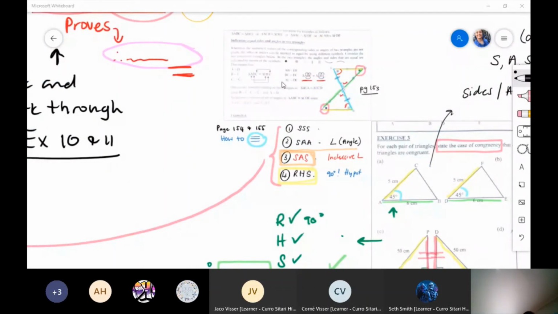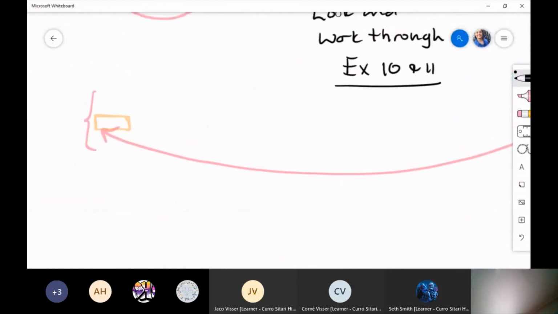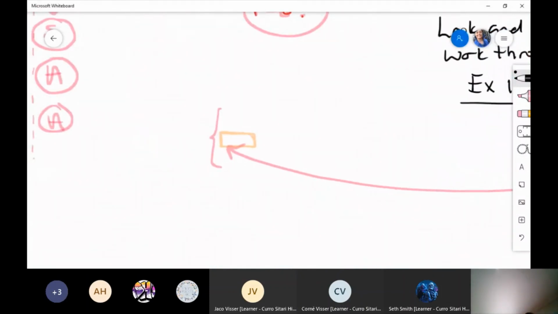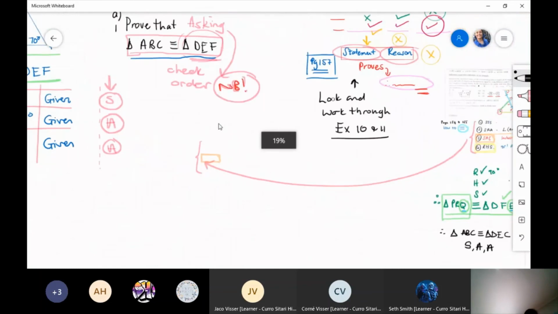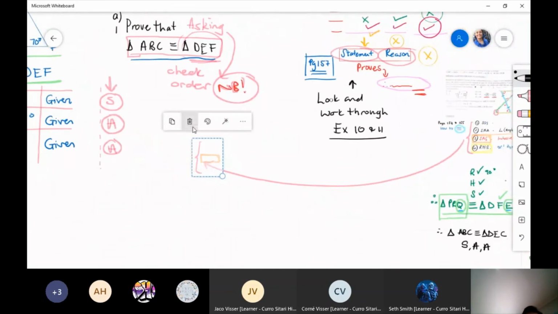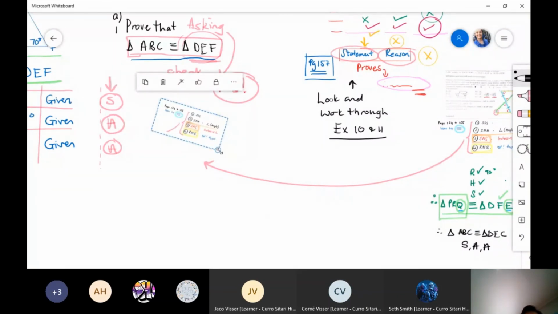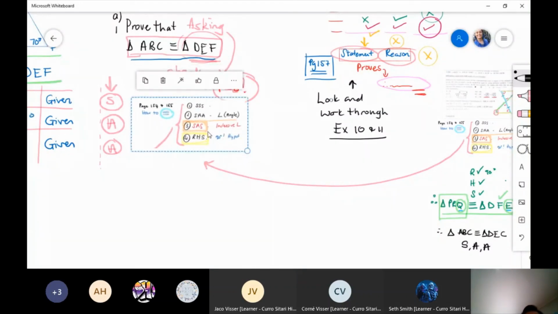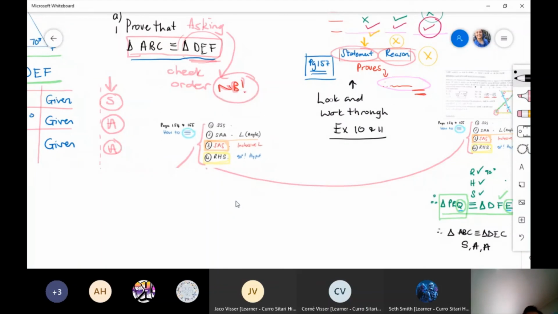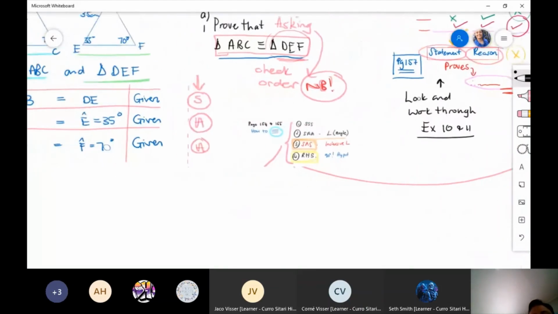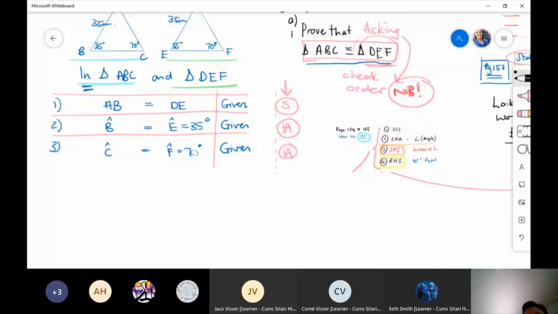Just so that we have the theory right there in front of us, so that you all know what I am talking about. Here's our proof. It's like your little go-to summary page. You always need this in front of you to validate whether it is right. Now, which scenario do I have? I have a side, I have an angle and an angle. Great, that's true. Therefore,